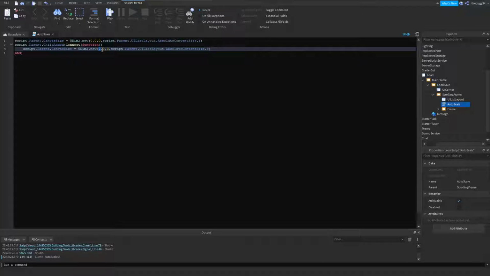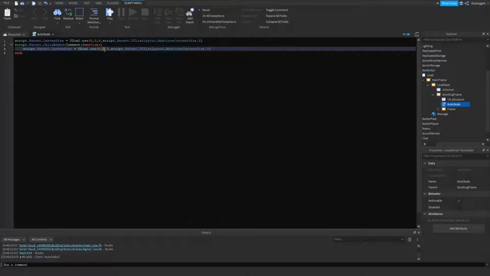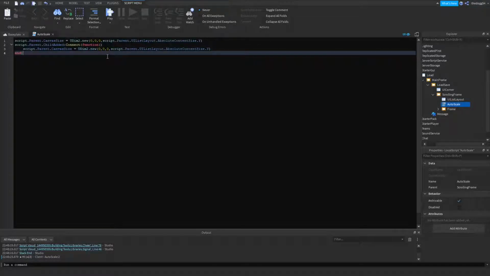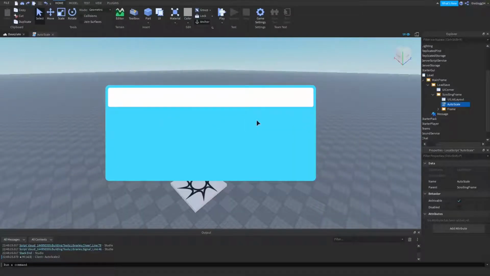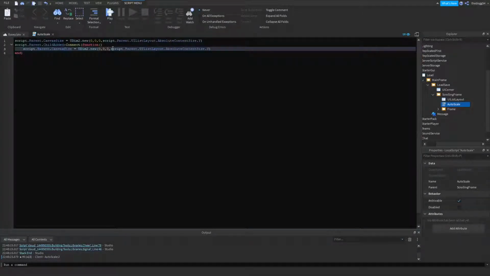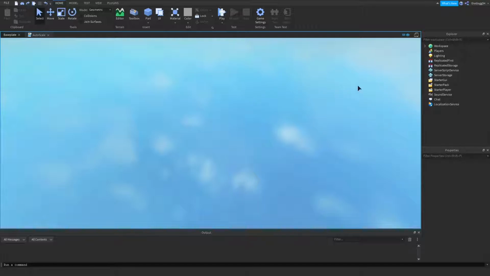That's how you set the actual position in the center and all that. And then you have the x offset, and then the y scale, same concept, and then you set it to the absolute content size .Y. So what this does, which is very cool,